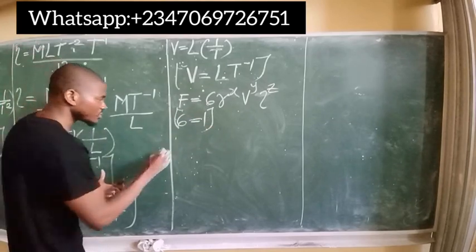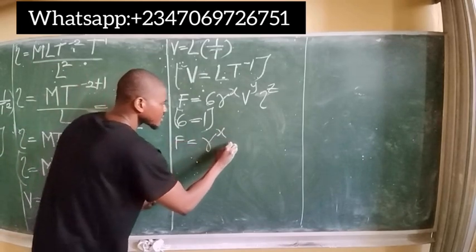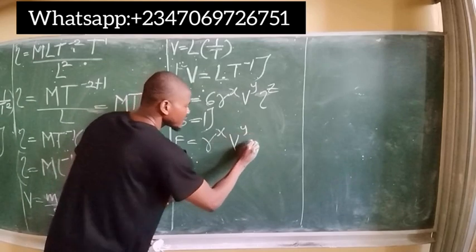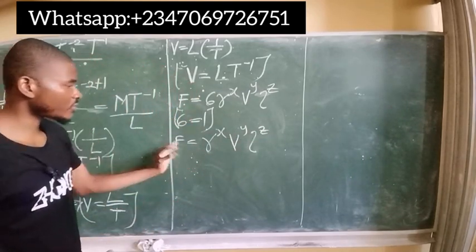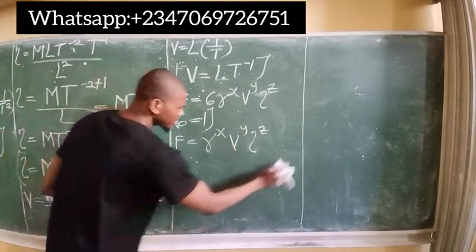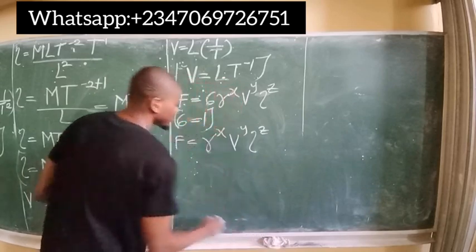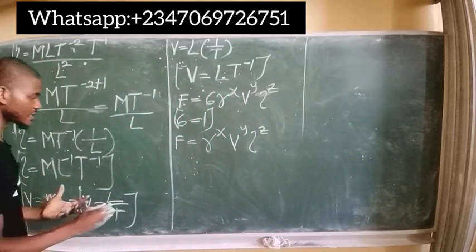Therefore, the fundamental equation becomes F equals r to the power of x, v to the power of y, rho to the power of z. And we've obtained the dimension of all the quantities here. We can now represent them in the equation. So simply represent all the dimensions. F for force, we obtain the dimension of force as simply M